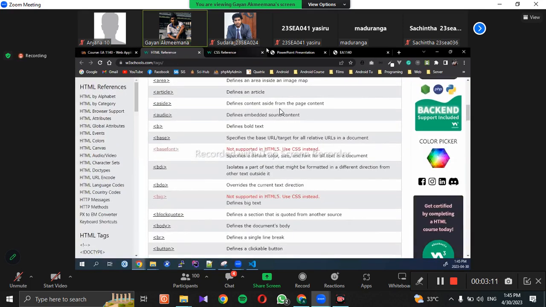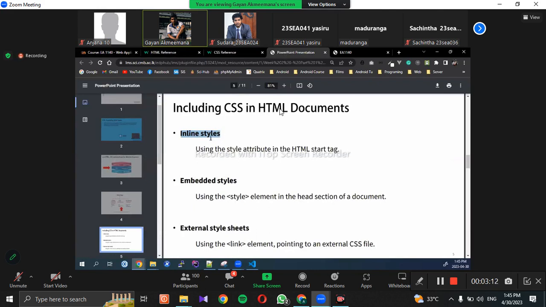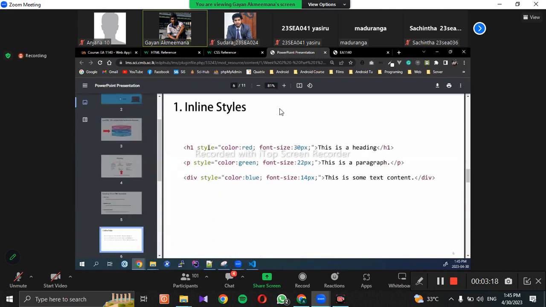Okay, so now let's go to inline styles. The first way is inline styles. Okay, so let's move to inline styles. Now here you can see we have the H1 tag. This is where the H1 tag starts, and this is the closing tag. So inside this